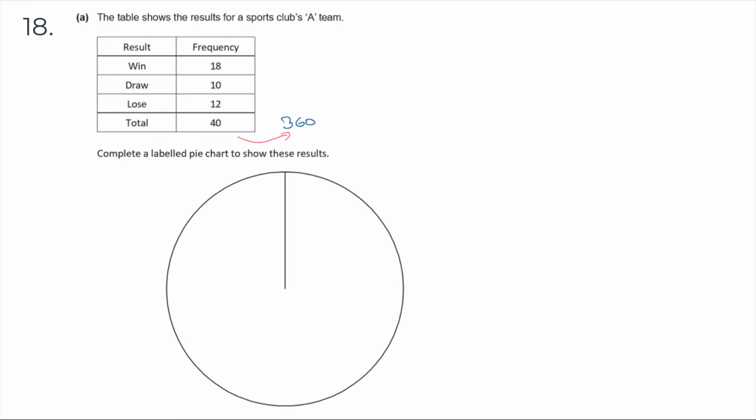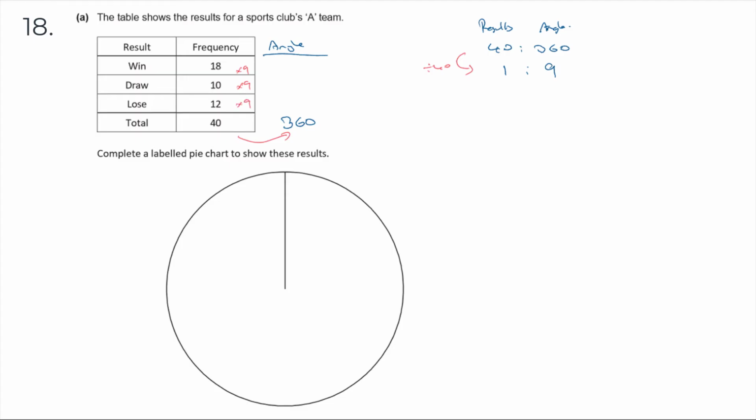Okay, so the ratio of 40 to 360, both sides divide by 40, don't they? Divide by 40, and that's going to give me 1, 2, 40s into 360. That's going to be 9 times, isn't it? So that means this was the number of results, wasn't it? And this is the angle. So that means for every one result, we're going to be using 9 degrees. So in my table, if I write the angle up here, then I'm going to have to multiply each one of these by 9 then